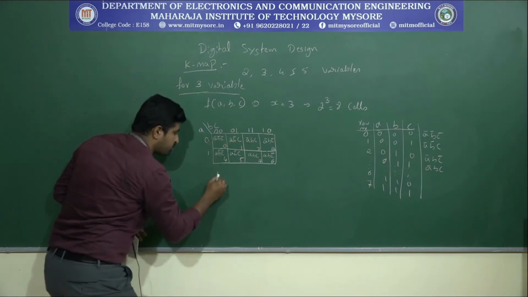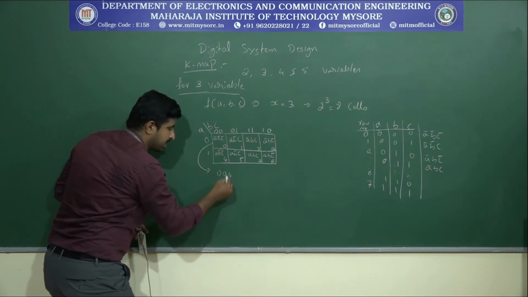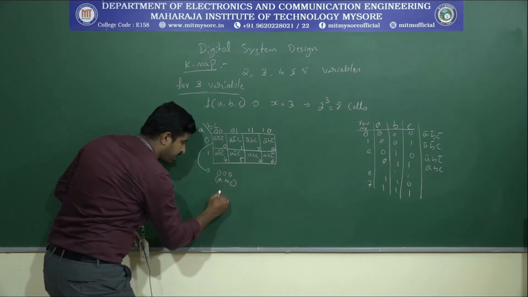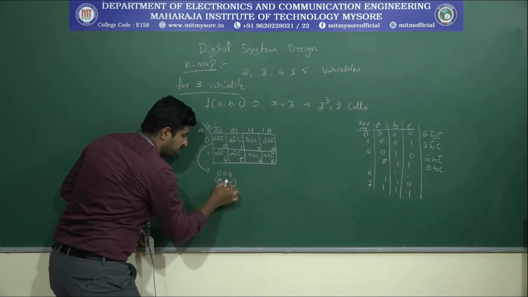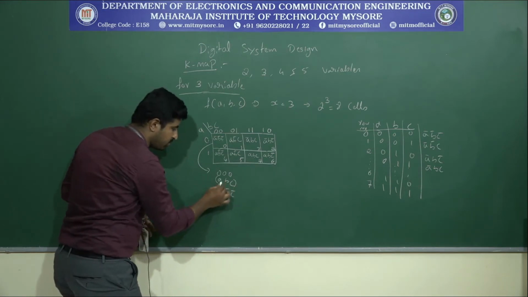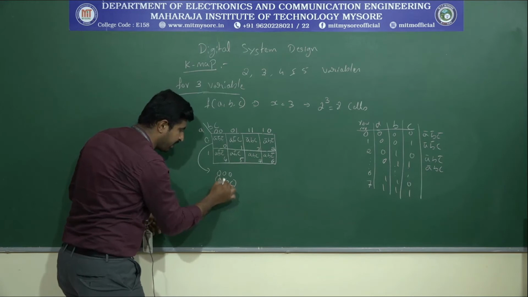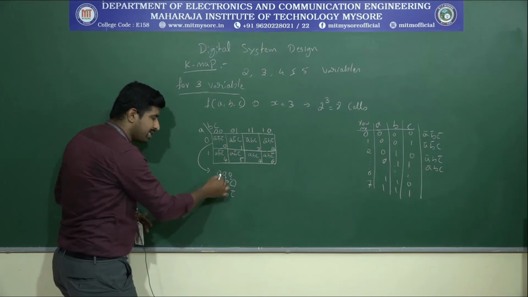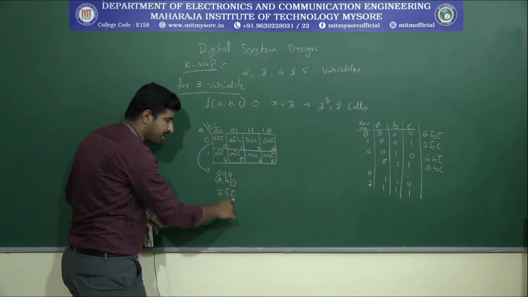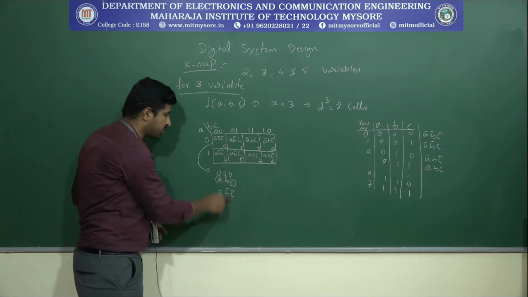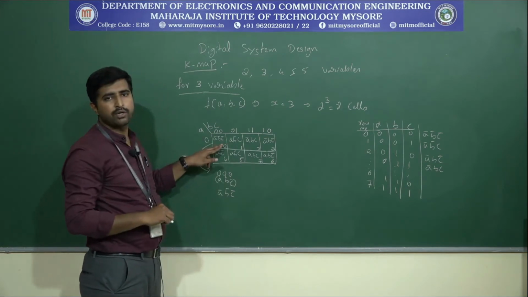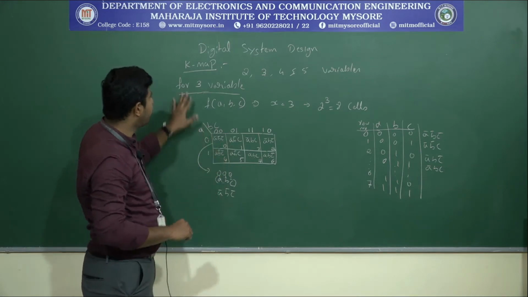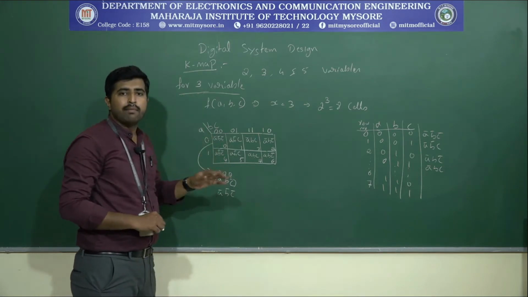So here that is corresponding to 0, 0, 0, the first cell, corresponding to A, B, C. That's why we wrote A bar, B bar, C bar. So don't get confused here. This corresponds to the A value, this corresponds to the B value, this corresponds to the C value. So the literals will be A bar, B bar, C bar. That is what makes up the one min term corresponding to that cell. So this is how a 3 variable K-map will look.